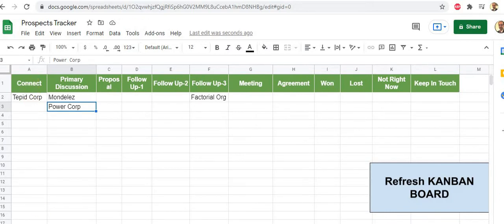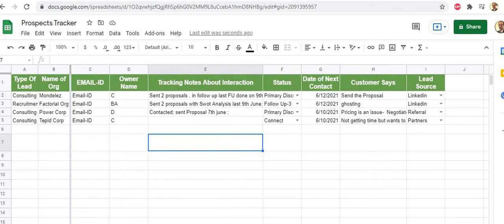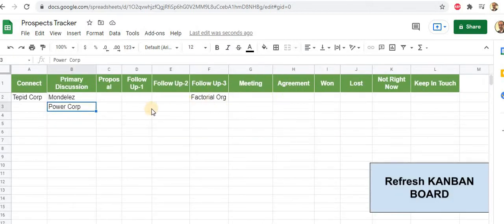This way, even if you have hundreds or thousands of leads, you can easily know which leads are to be acted upon, which are in agreement, which have meetings coming up, etc. In my future videos, I'll take it a step further and bring in some more complexity in terms of time, the upcoming tasks, etc. But for this tutorial, I think it's good enough that we understand what a Kanban board is and how it can be used.